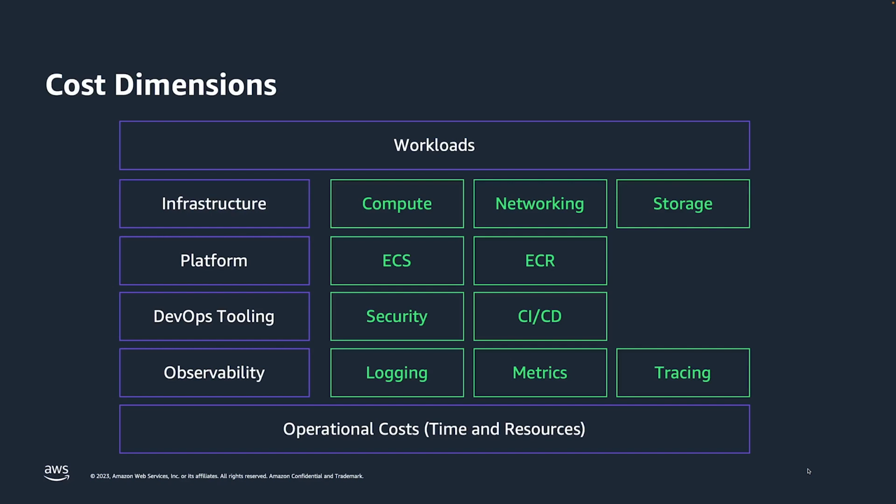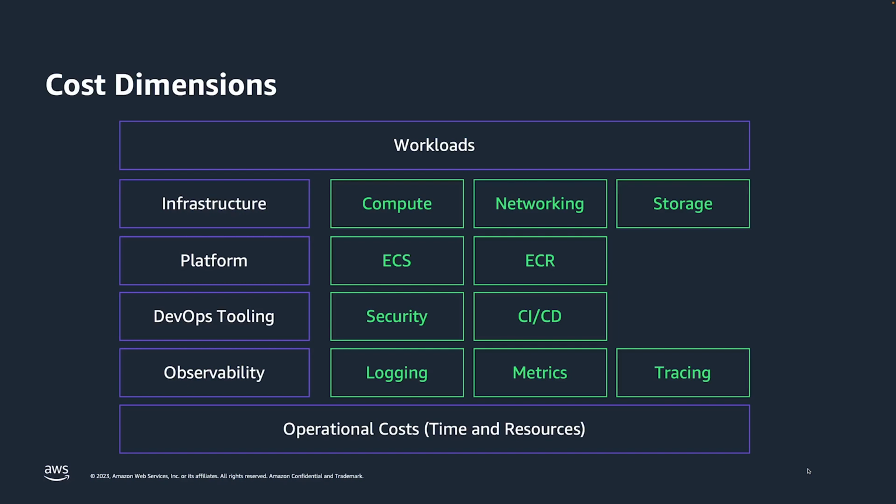There are several dimensions to the overall cost, which you might think of as total cost of ownership, or TCO. At the top level, you have your workloads. These are generally your business applications that you have running in containers on the platform. The next layer is the infrastructure: compute, network and storage. Then you have the platform, in this case ECS. That is followed by a DevOps toolchain, which can include a variety of security and CI/CD solutions, and more. The next layer is observability, which is a key area that consists of your logging, metrics and tracing data. The last area relating to cost is the operational or engineering cost,